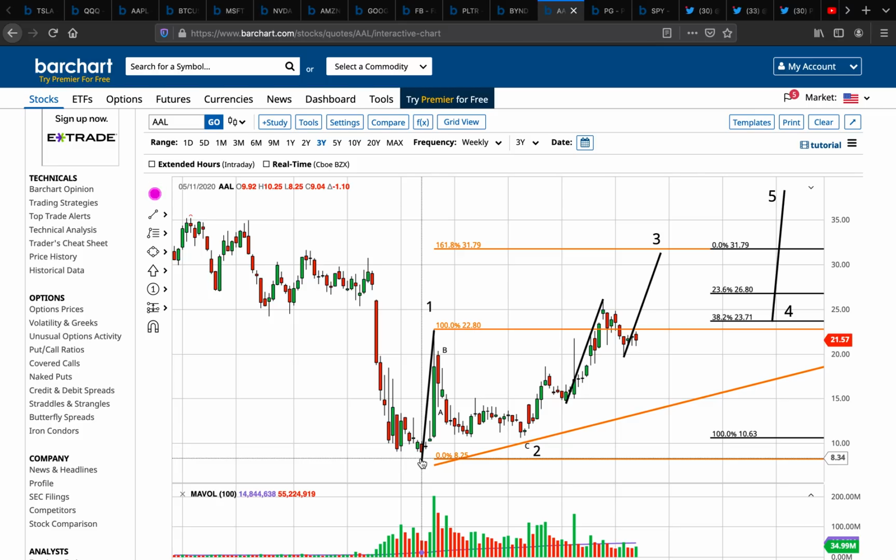Okay, so this is American Airlines in the industrial sector, wave 1, an ABC correction puts in a wave 2 low. Wave 3 will take American Airlines to the 161.8% extension of wave 1. I believe that will happen in the next 2.5 months, and I want to see this high of 18 hold. So that's American Airlines. Procter & Gamble,